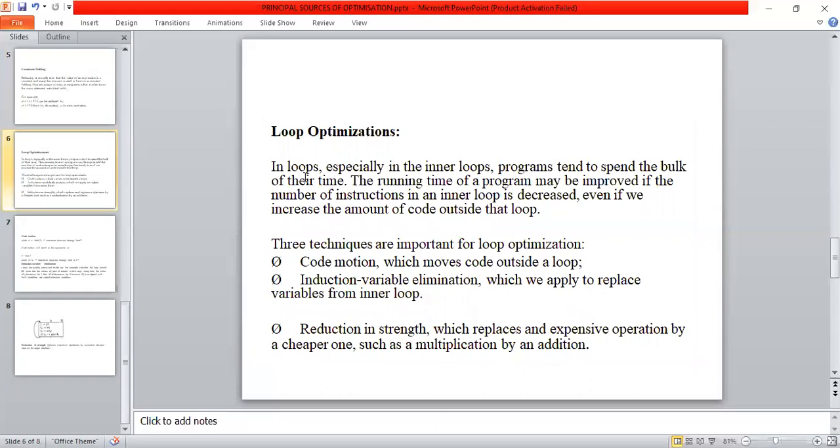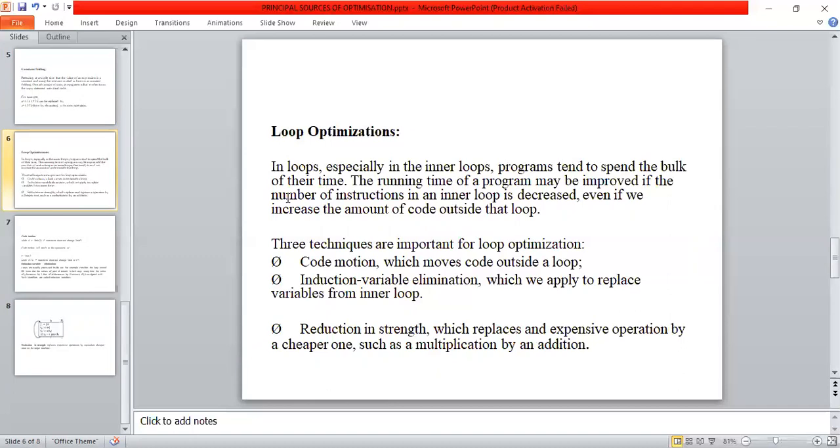And the next technique is called loop optimization. So loop optimization is nothing but reducing. Suppose I have multiple loops, meaning I have a nested loop. In that nested loop, if my inner loop contains a minimum number of statements, it executes fast, exits from that particular loop and comes to the outside of the loop, so that is called a nested loop.